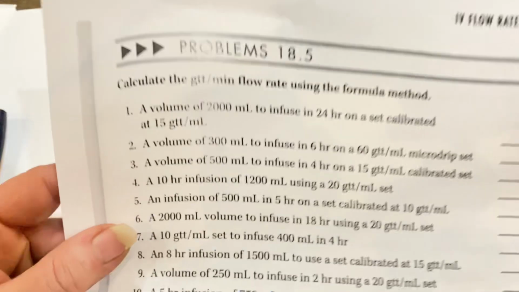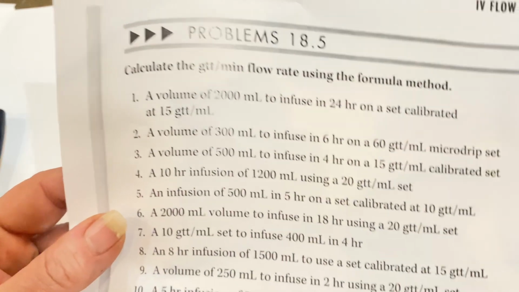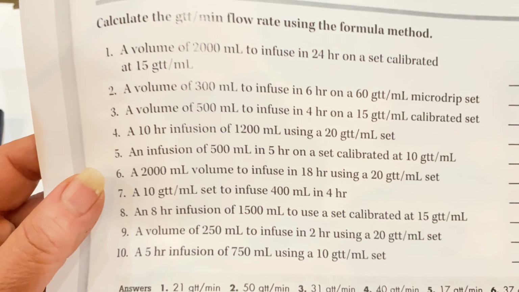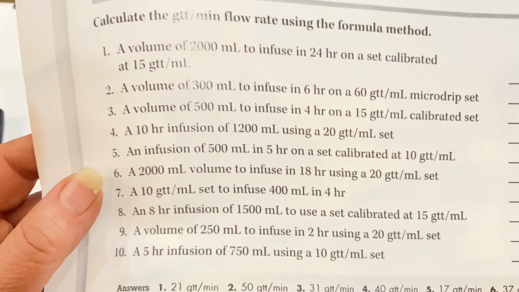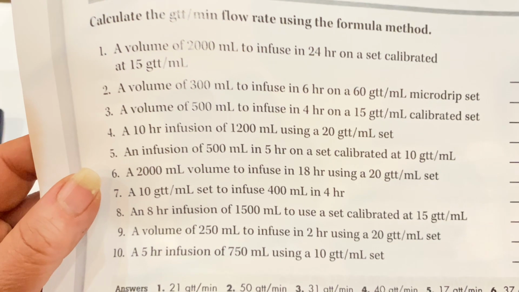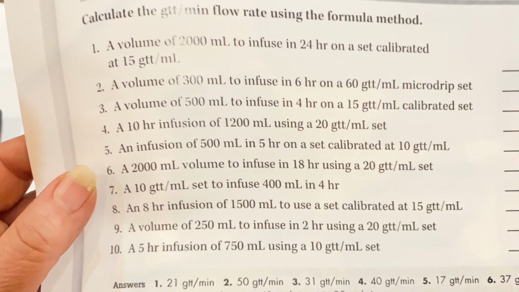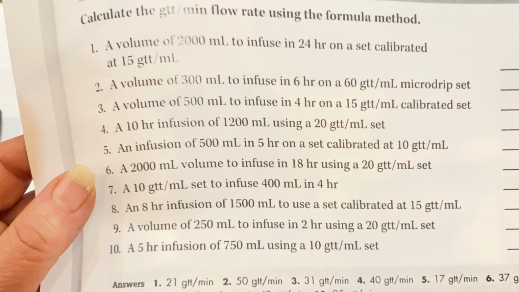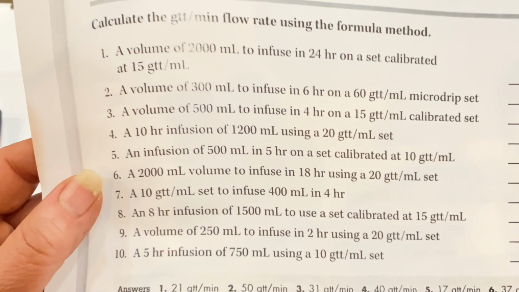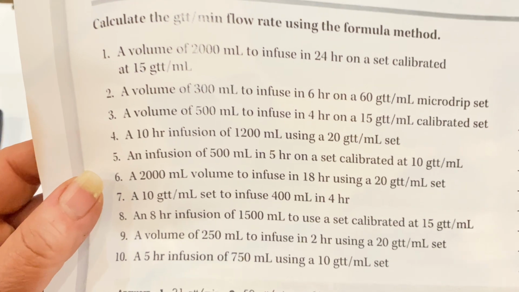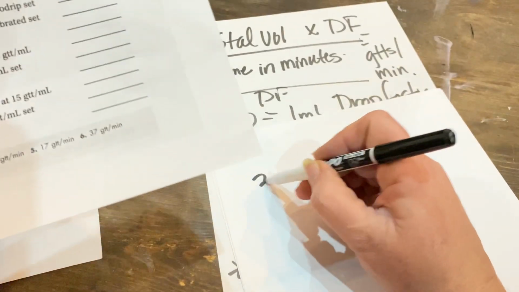Here we go. Look at number 2. It says a volume of 300 milliliters to infuse in 6 hours on a 60 drop per milliliter micro drip set. All right, you know exactly what to do. The total volume is 300 milliliters